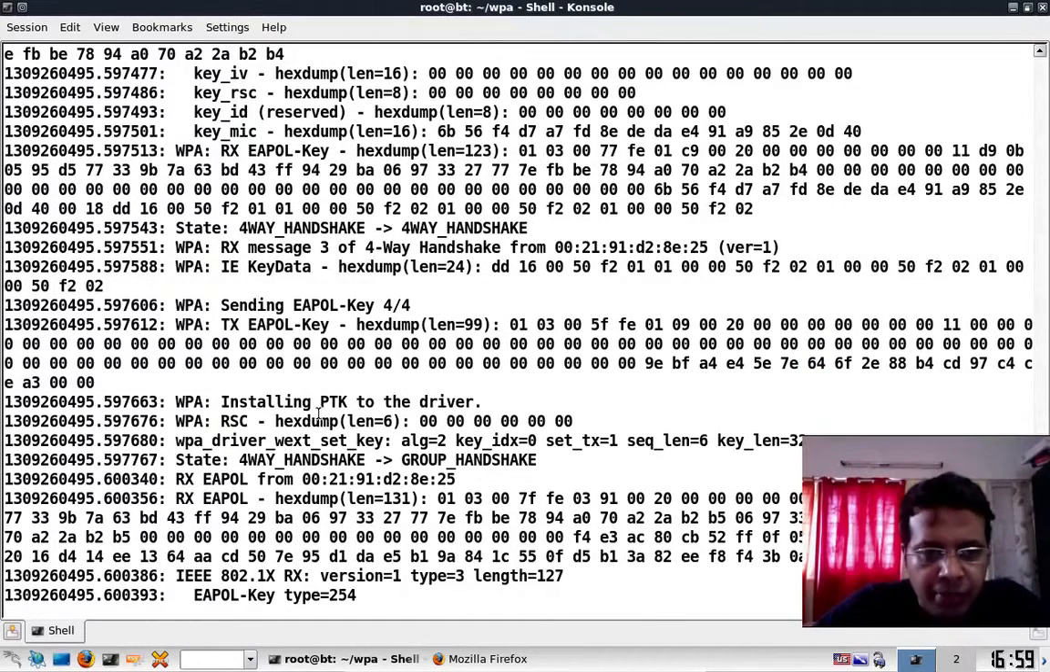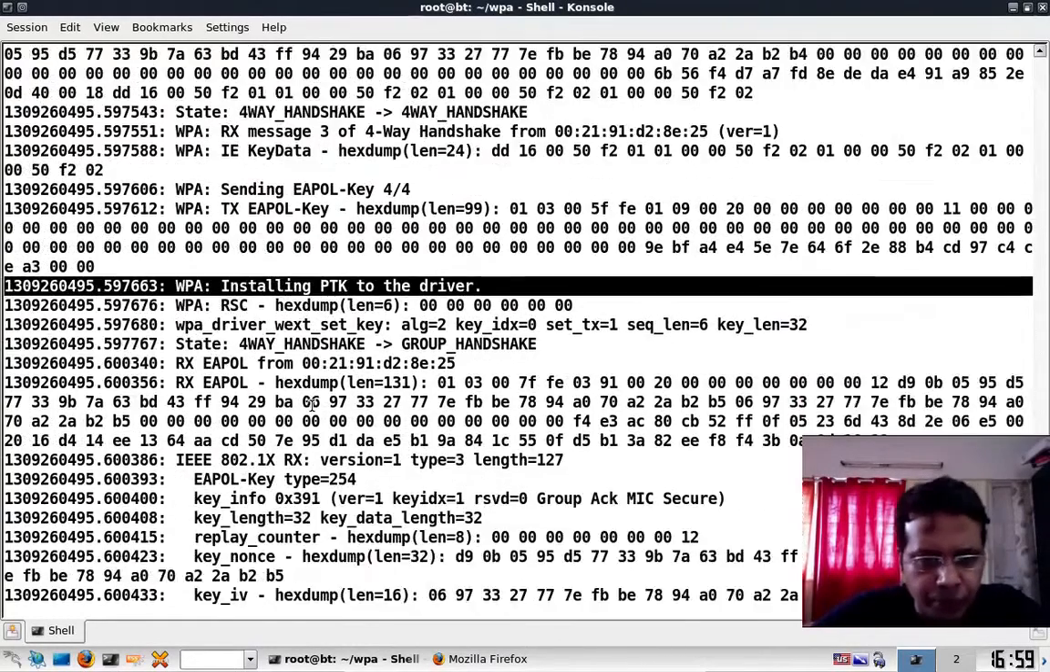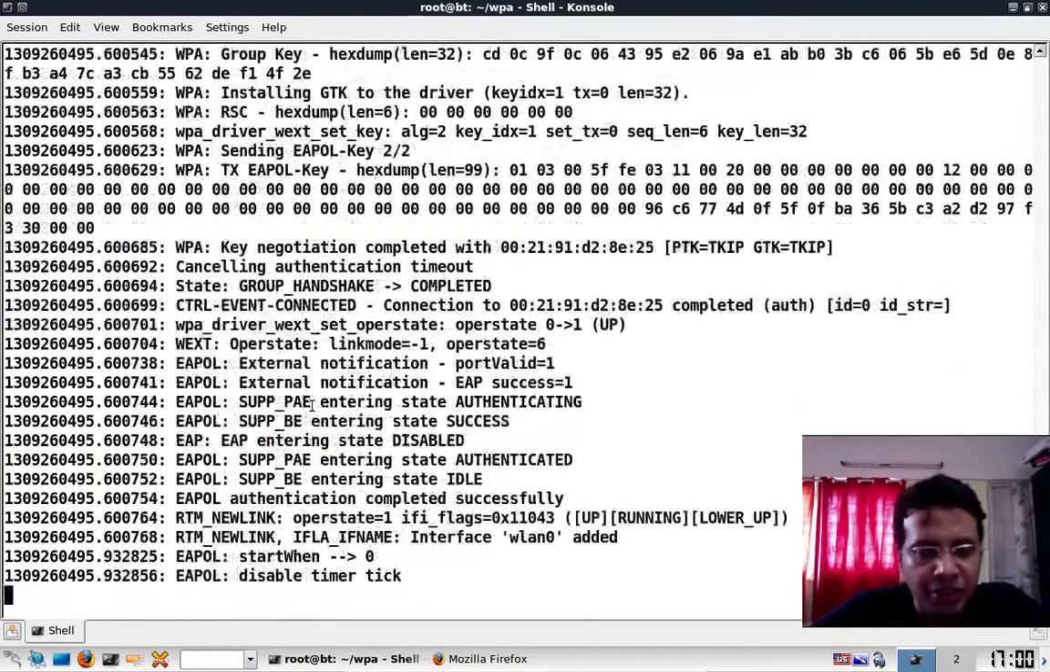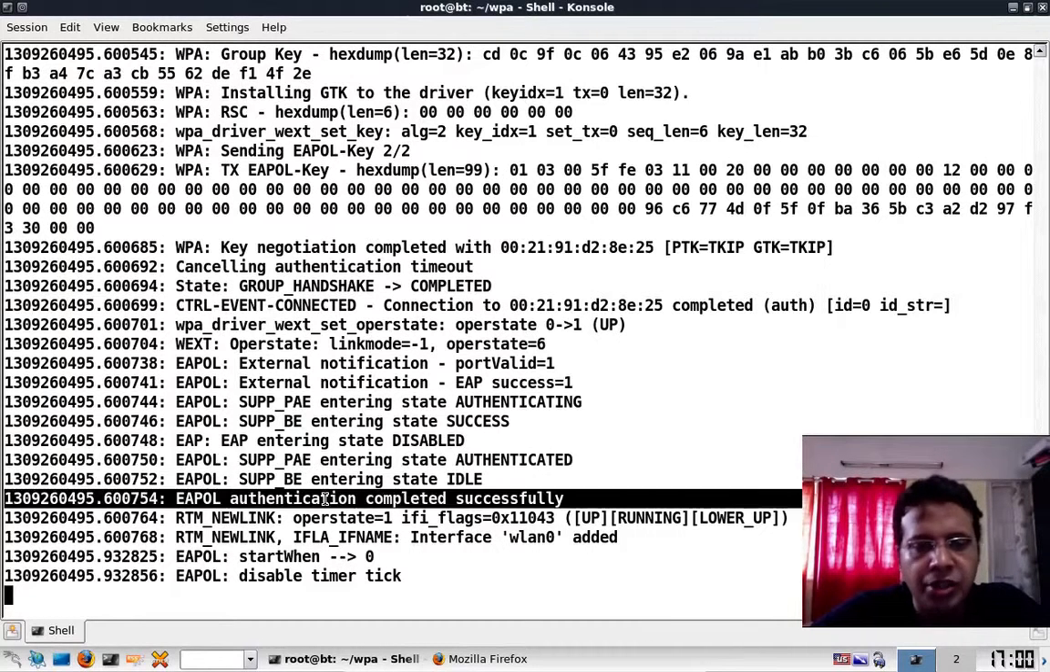And for example, here if you notice, it actually says installing PTK, the pairwise transient key, to the driver, simply because you would want all the encryption and decryption to happen at the driver level itself on the card, so that most of it is handled in hardware. And you can just go overboard understanding each and every step and process with this huge amount of dump, right? And finally it says authenticated, authentication completed successfully,